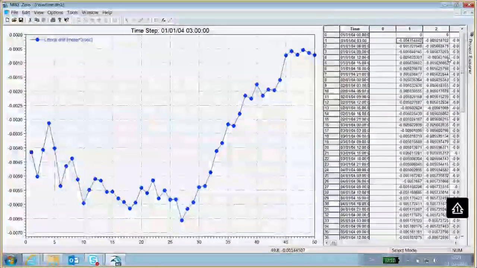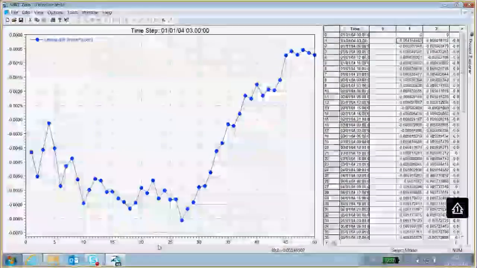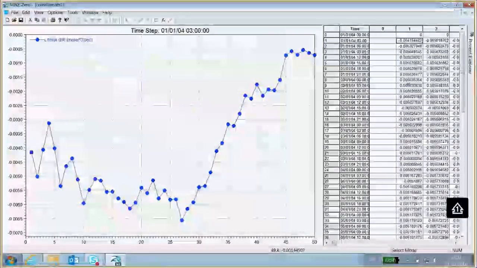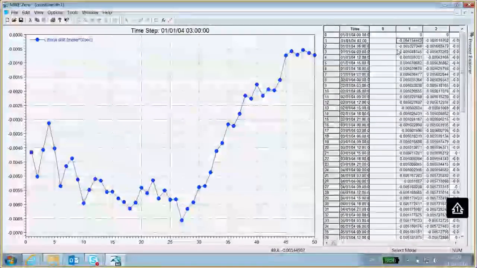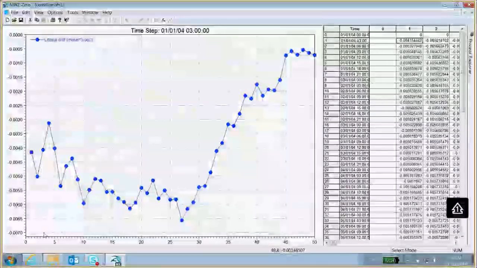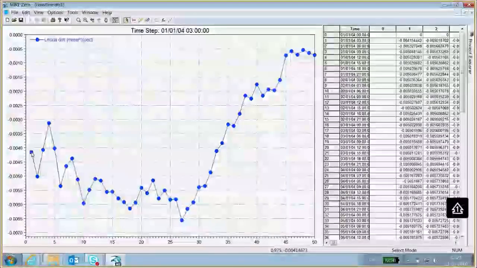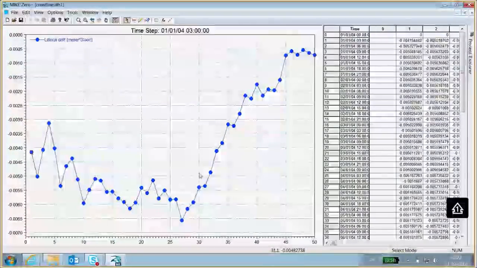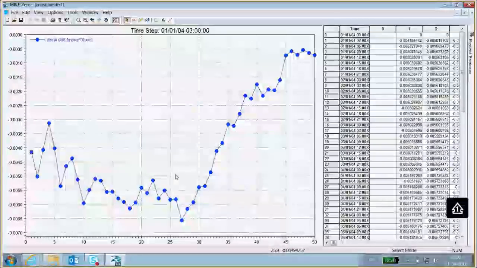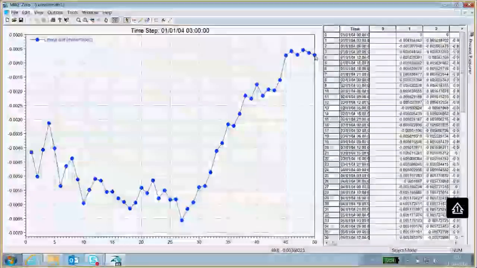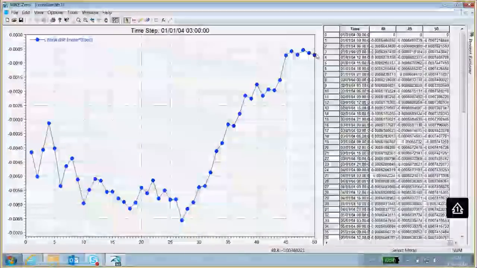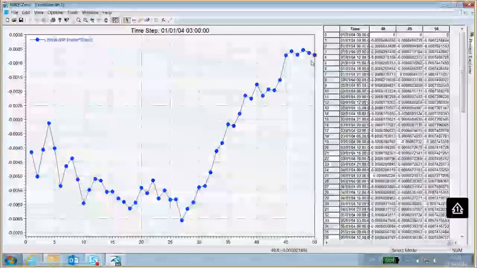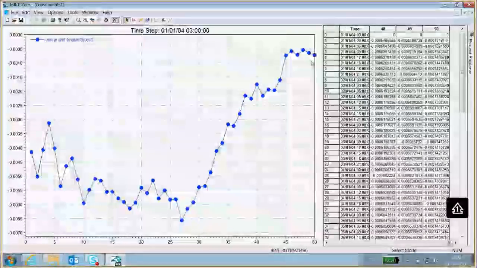You have to remember the first point in this result file is located at the left end of the beach. So this transport here is located at the left end of the beach, that's also the northern end, and this transport out here is the transport at the right end of the beach, so at the southern end.